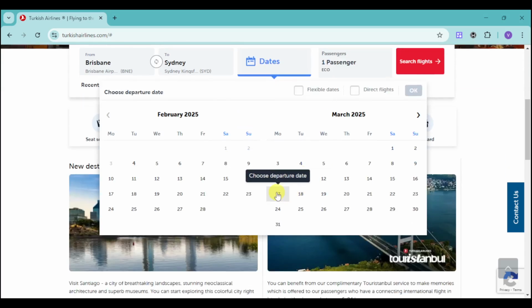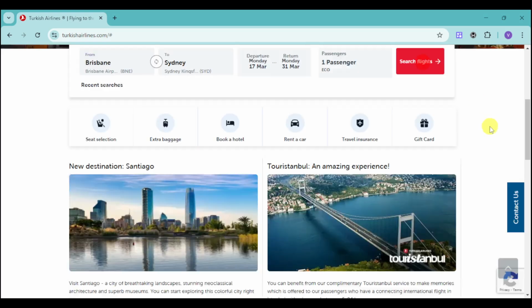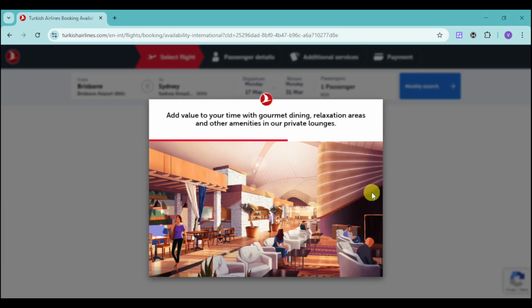Then input right here the dates. I'll choose March 17 to March 31 and click on OK. And then choose in here if it's economy or business class and how many people are actually booking. After that, click onto the search flights and it will search the flights available for the date that you have